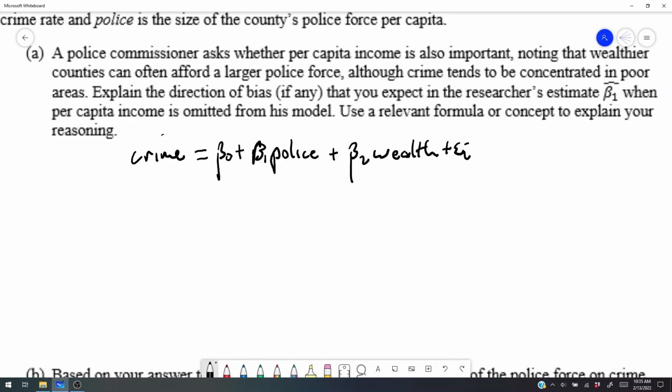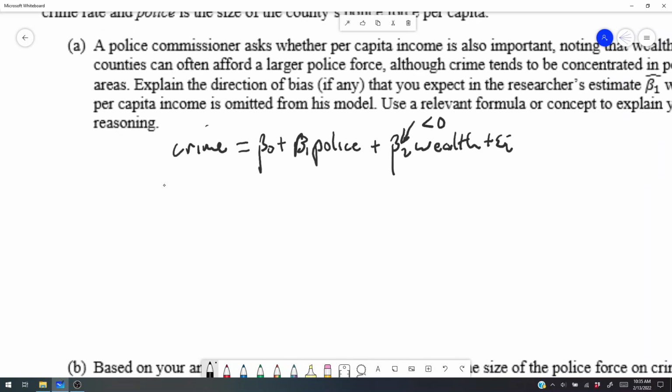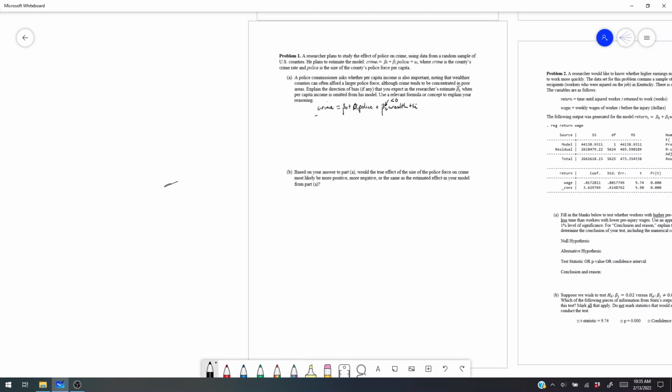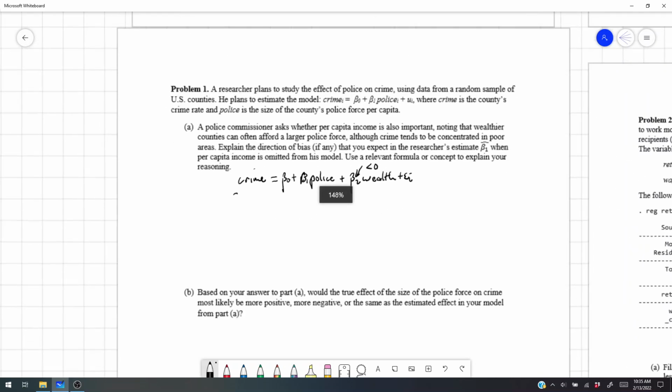Okay, you could have done that. And I know a few things. Explain the direction of bias, if any, that you expect in the researcher's estimate beta 1 hat. Well, I know that wealth lowers crime. Wealthier areas have less crime. So this beta 2 right there should be less than 0, should be negative. Isn't that right? And I know that the expected value of beta 1 hat from the other model,